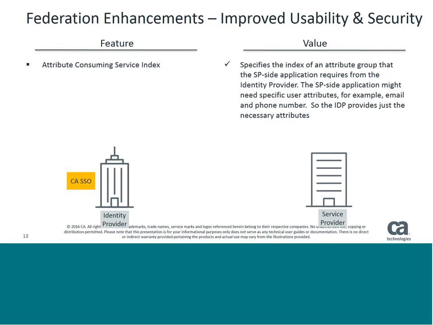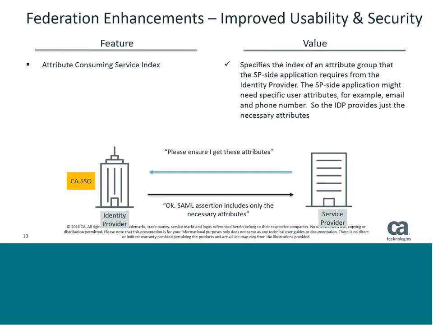And then finally, in the area of federated enhancements, we've improved the usability with the attribute consuming service index. Essentially, this provides the ability for the service provider to indicate to the identity provider the types of attributes that are needed in order for a user to get access to the application they need. And that also has a side benefit in the sense that it would enable an identity provider to package up